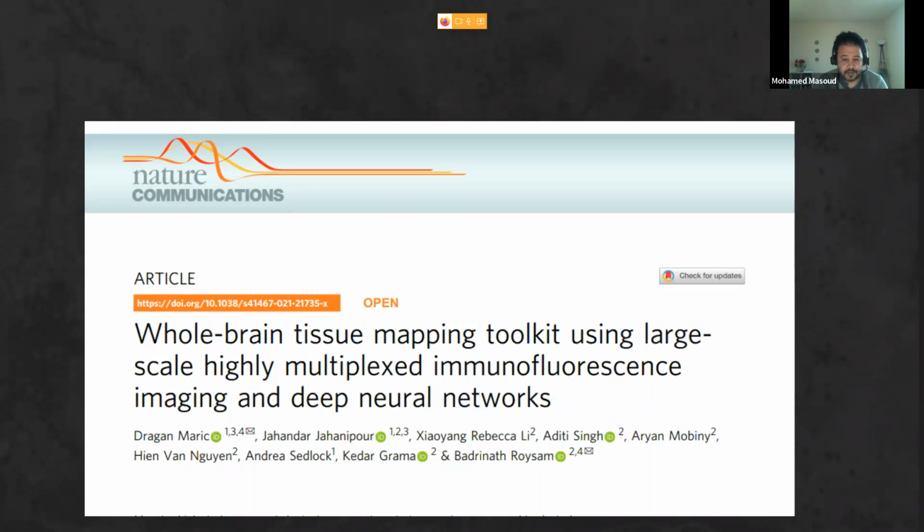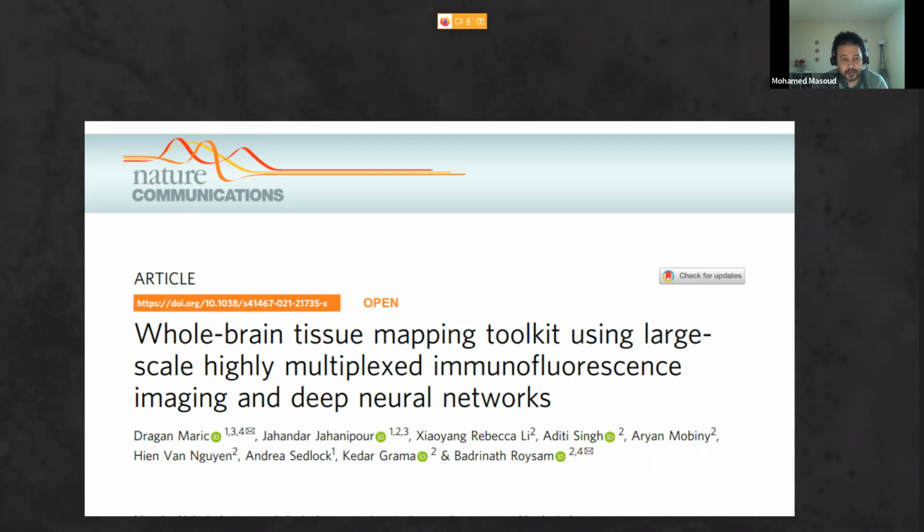There are different stages this paper tries to describe. One of them is overcoming the problem that brain tissue is considered large scale compared to other tissues of the body.